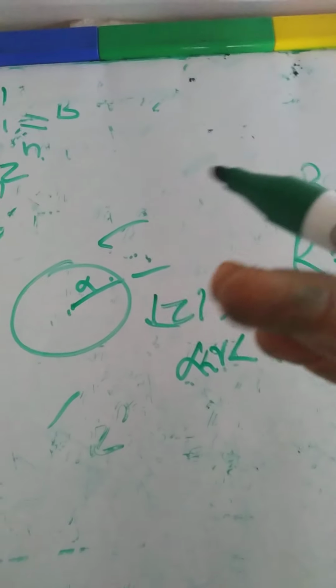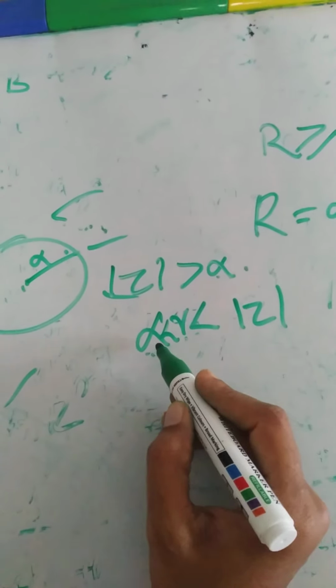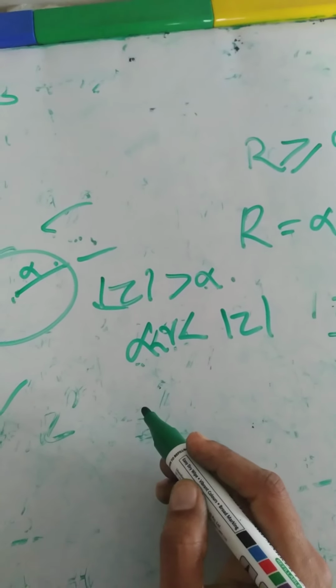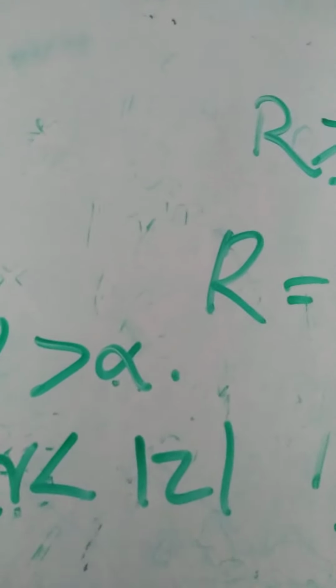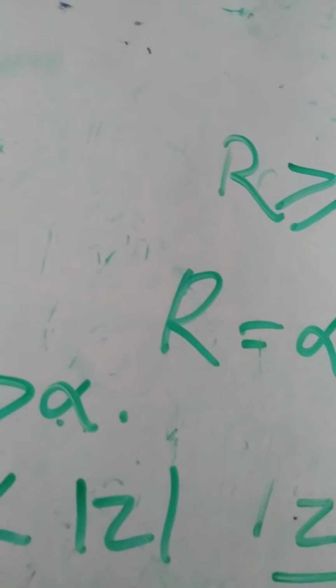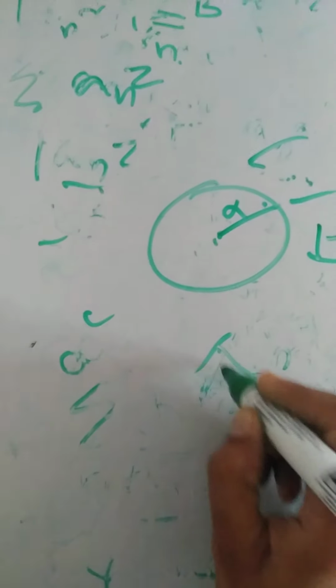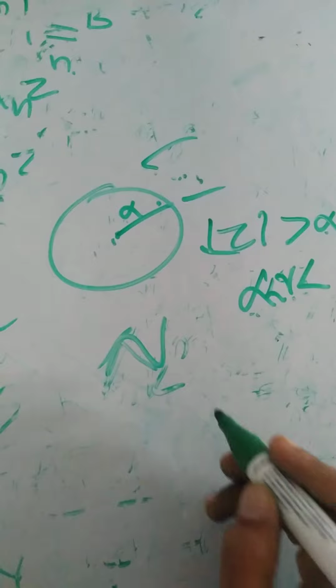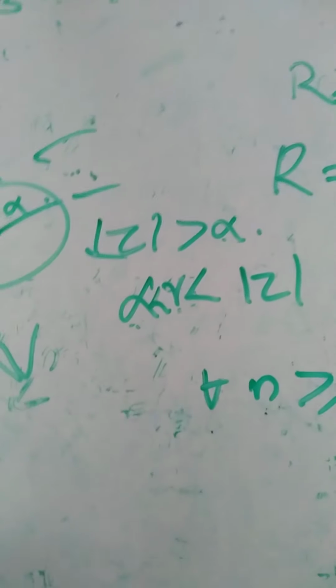Then you apply the argument, the same one you applied to prove the first part. So alpha less than r means, what does it imply? Alpha is less than r means there exists a positive integer, capital N, such that for every n greater than or equal to N,